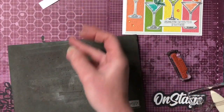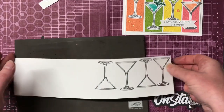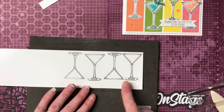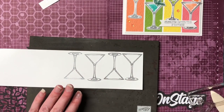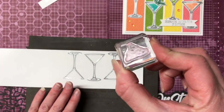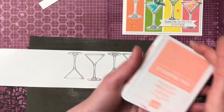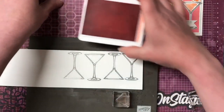Let's bring in our long piece of Whisper White card and we're just going to start colouring in these gorgeous martini glasses. So in this stamp set there are the liquid stamps and we're going to do one of each colour. So I have my Flirty Flamingo,